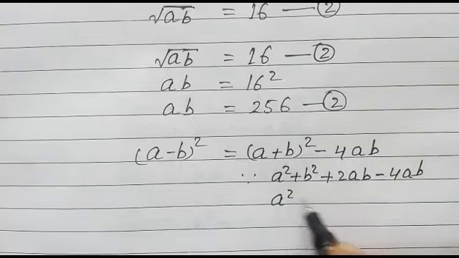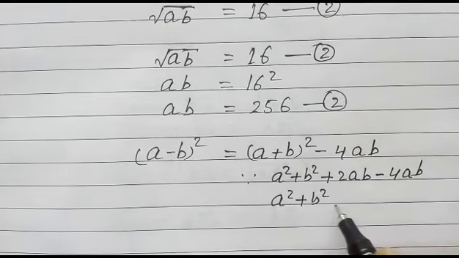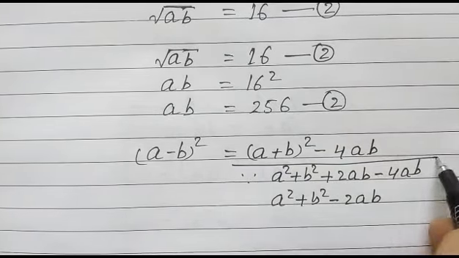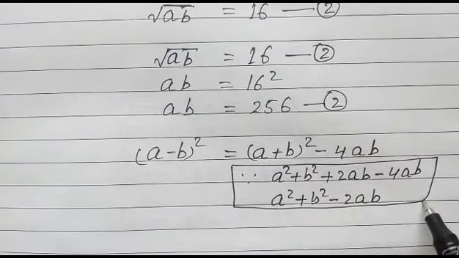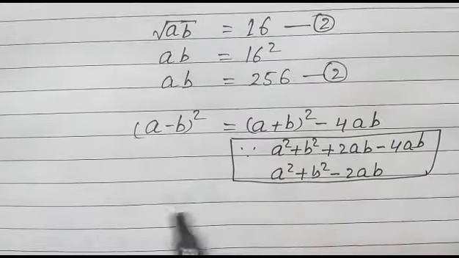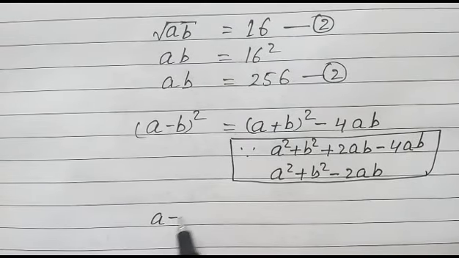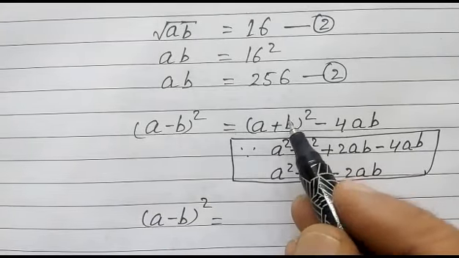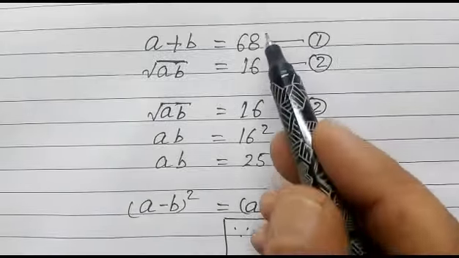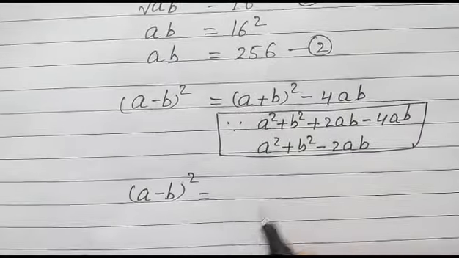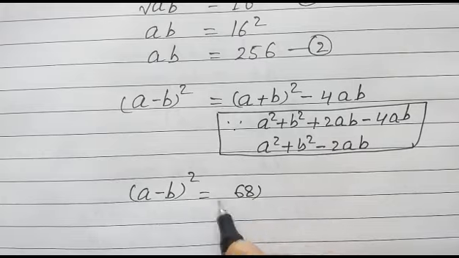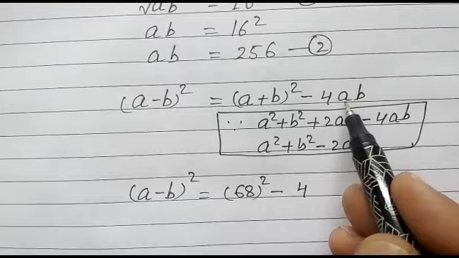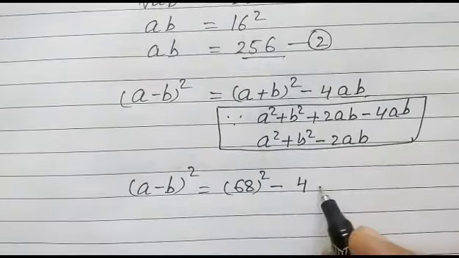So a square plus b square minus 2ab, right? Now (a minus b) whole square is equal to (a plus b) whole square minus 4ab. a plus b is 68, right? So 68 square minus 4ab. ab is 256,